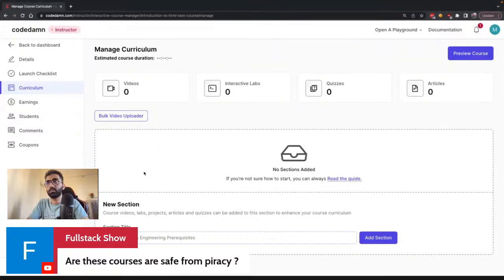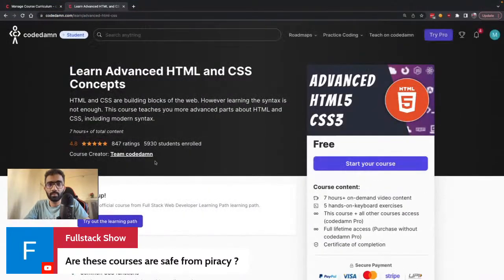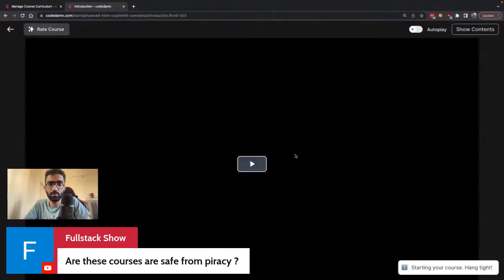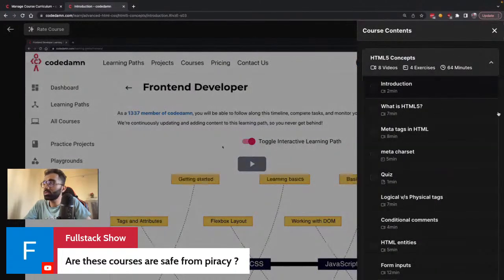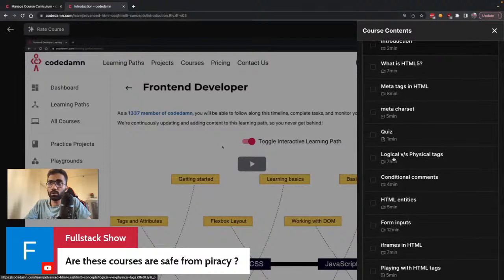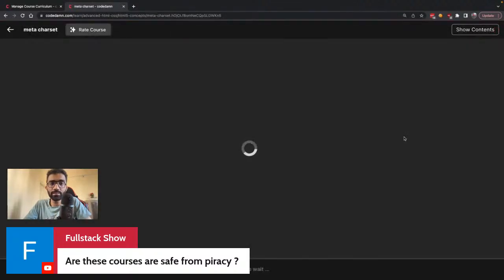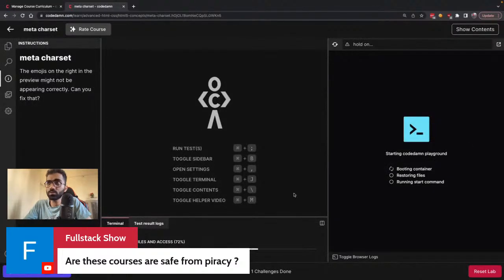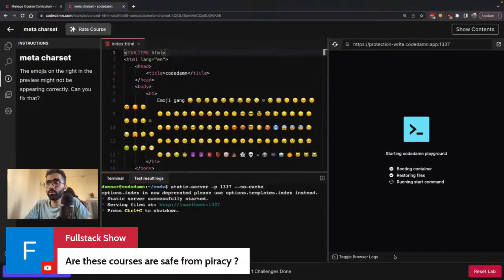Consider something like this. Let's say you are going through this course, Learn Advanced HTML CSS, right? As a creator, one of the biggest things which you would not like is users just downloading your course. If I start this course, for example, I don't want people to download it. I want them to stay on the platform. I want them to learn. I want them to interact. But consider that this course is interactive. This is the biggest thing which can happen. This course is interactive, so there is no way someone can actually download this particular lab, right?